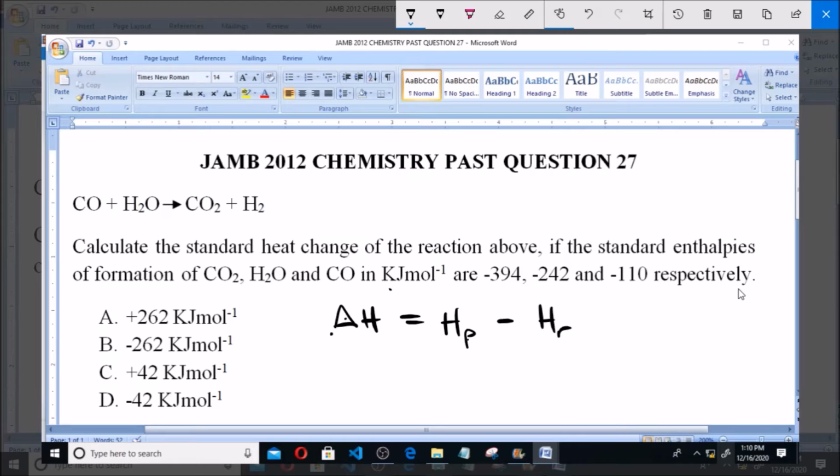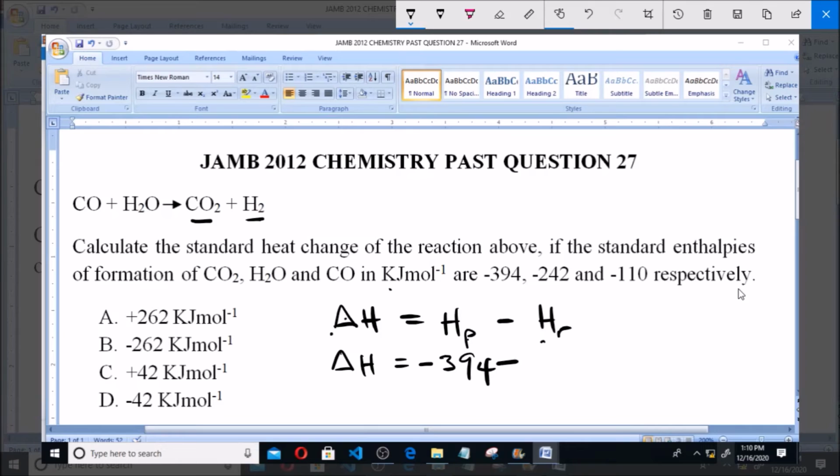Now looking at the products here, they are carbon dioxide and hydrogen, but the heat content of hydrogen will be 0 because it's an element, so it doesn't have a heat of formation. But that of carbon dioxide is given. The heat of formation of carbon dioxide is equal to -394. So we simply have that delta H is equal to